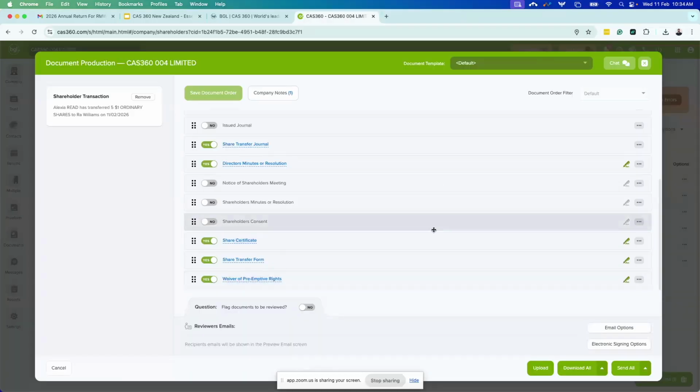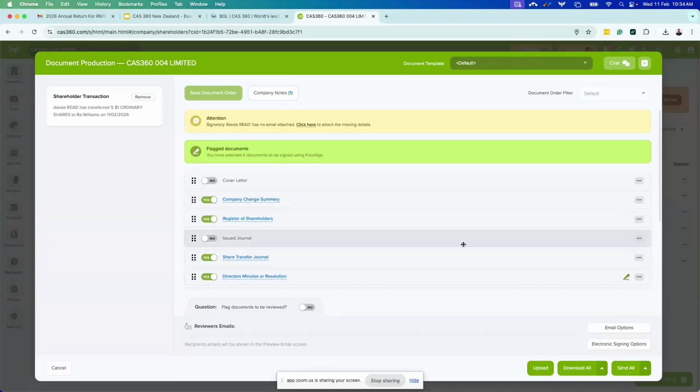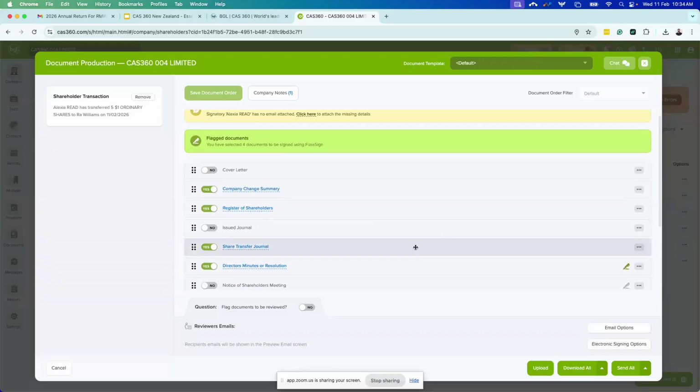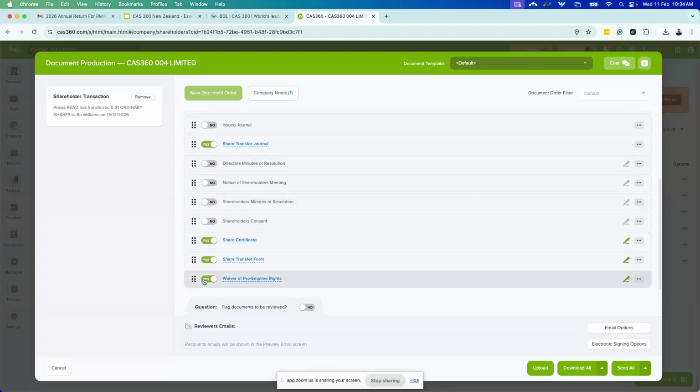Now, what I would like to point out is you can actually set up document reminders. So maybe if you're needing to get this back within a certain time frame and you want to make sure that instead of you needing to follow up with that particular client, what you will be able to do is actually go ahead and set up document reminders. I'll just adjust this